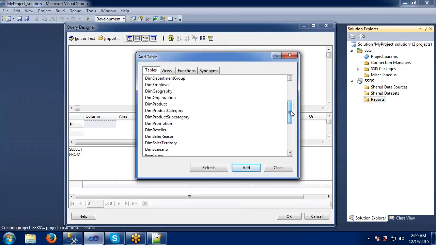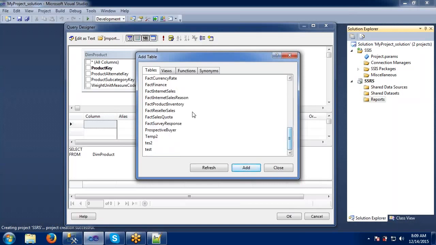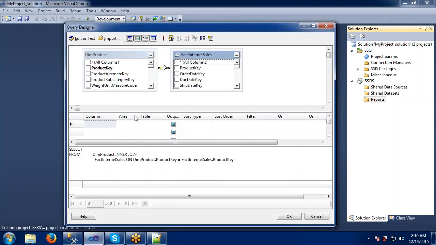Okay. So I will take some dim product, add this one, and I will take some fact internet sales, add here. Whatever tables we require, all those will automatically come here. So if you see this one, automatically two tables have come, and it has created an inner join also. If you want all the tables or just specified columns, we can do that.